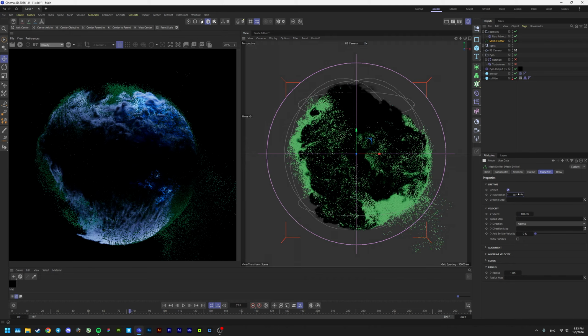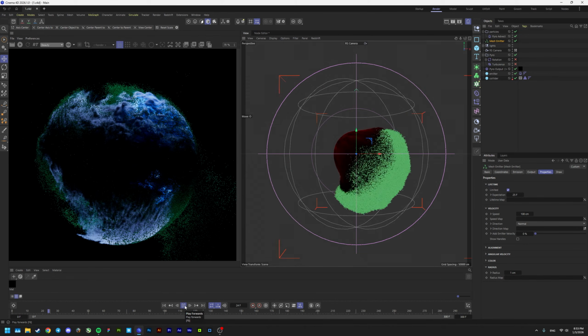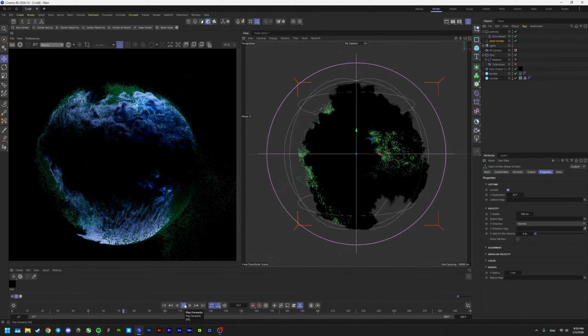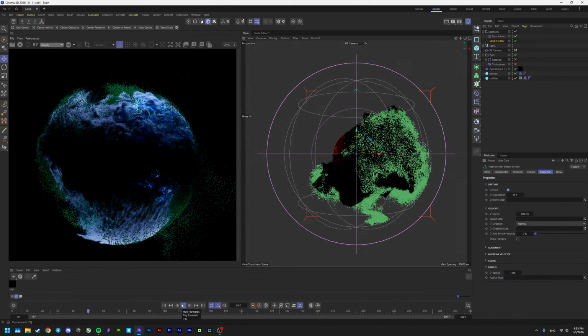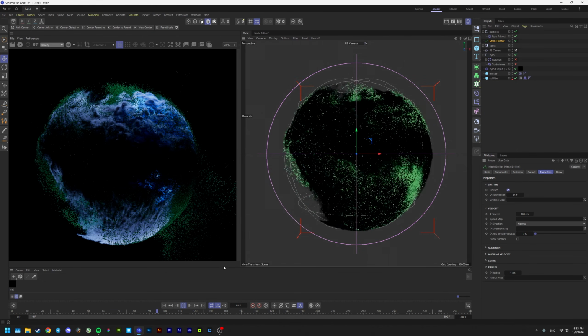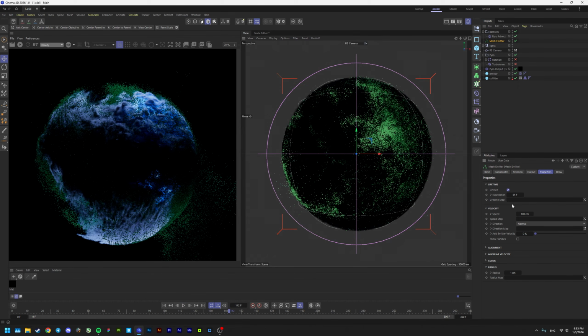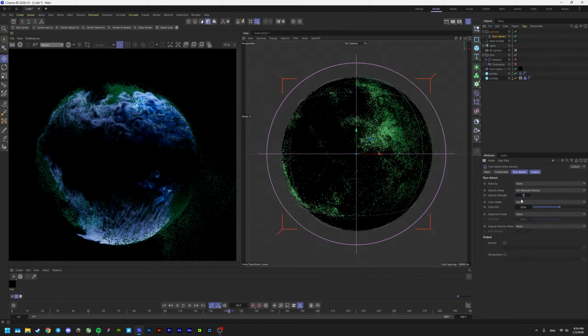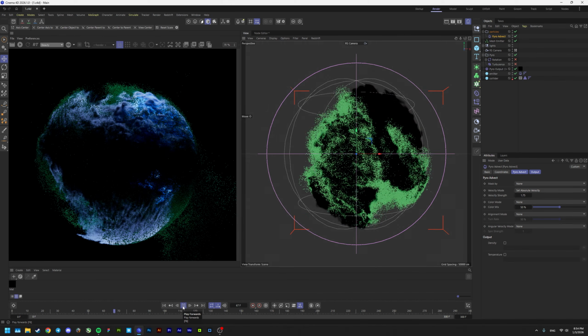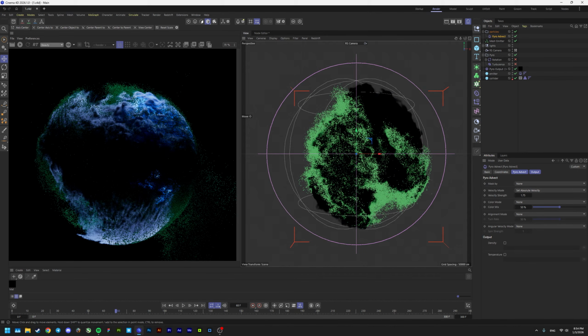I'm going to add a lifetime. This is going to be 25 frames. We can set this higher, so like 55. And only a small amount of particles are going to go outside. I think 55 is actually pretty good. We can set the Pyro advect a little bit less intense, so I'm going to set this to 1.75. This already looks pretty cool. So let's stop right here and add a new